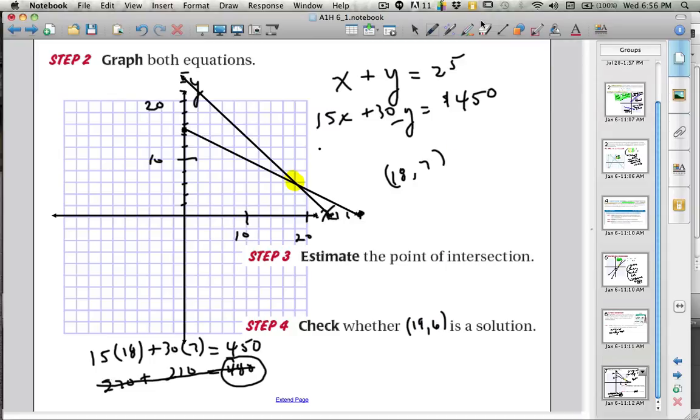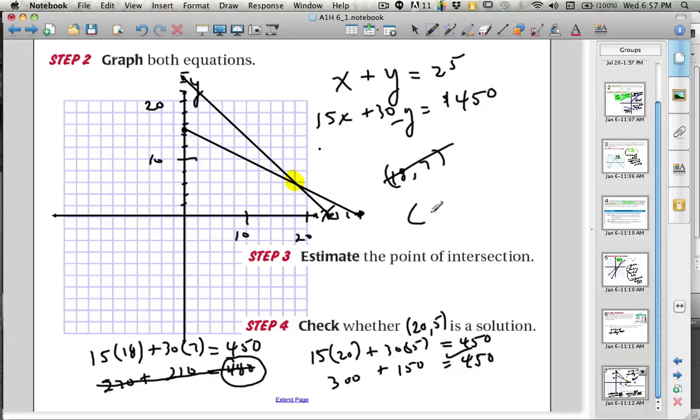And it might also be 20 and 5. In fact, in looking at 19 and 6, I'm going, that's not going to work either. I can see, though, that 20 and 5 will work out. So when I plug them in, I know that 20 plus 5 equals 25. When I plug them into the other equation, 15 times 20, that's going to be 300. And then 30 times 5, that's going to be 150, and the whole thing needs to equal 450, and that one works. So this is not the solution. The solution is